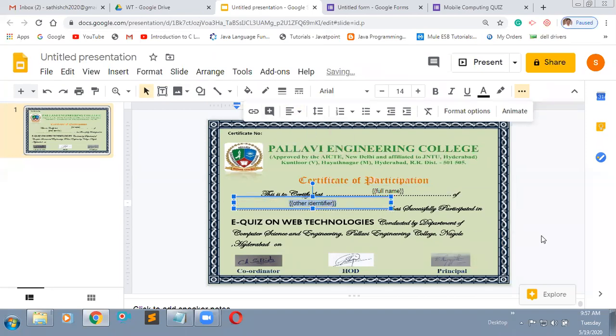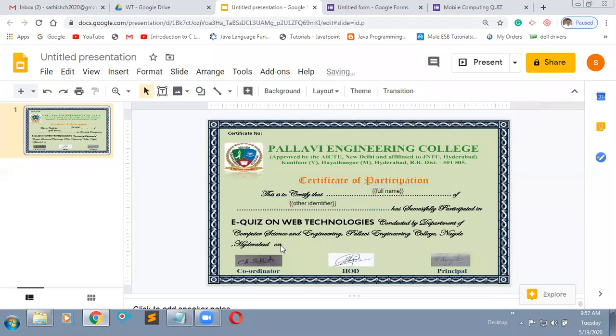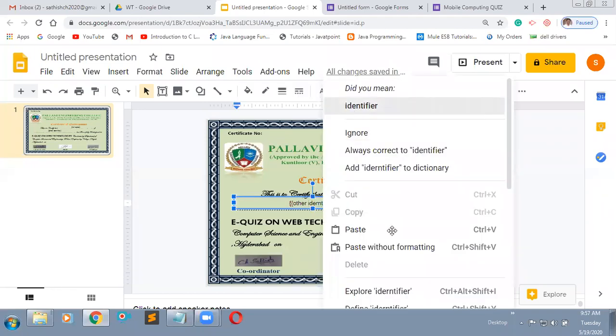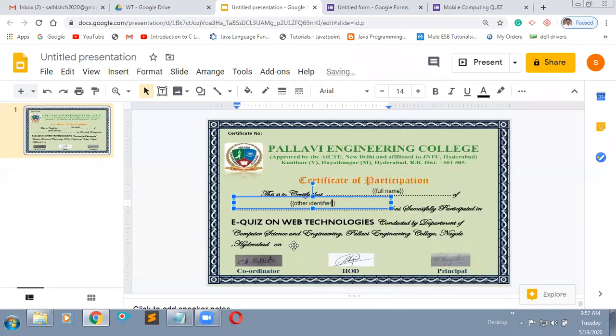Here you can take "conducted on", you can take some other dynamic fields also. Your certificate number also you can take like this only. I will give that list of how you can take. Here you can take the date on which you have conducted. All these things are predefined ones. First, dynamically I'm taking the name of the participant and college of the participant. Certificate also you can take, that I will tell you later.